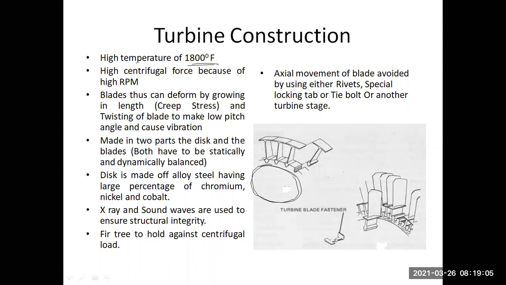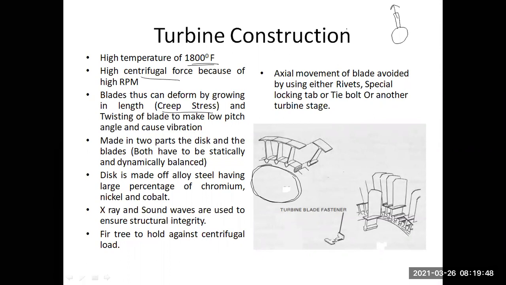Okay, as well as we are also having a very high centrifugal force because the blades are rotating at an RPM of 60,000 for a smaller aircraft, 8,000 for a larger aircraft. So when it is rotating at such a higher speed, there is going to be the centrifugal force acting on the blade, right? That means if I have a blade over here, this is a blade, on this blade there would be a centrifugal force which is trying to push the blade forward. Okay, and the high temperature, both of these together combined is called the creep stress. ये दोनों को जब आप कंबाइन कर देते हैं बेटा, इसको हम लोग क्या बोलते हैं बेटा, क्रिप स्ट्रेस. Because of which the blade will lose its structural integrity, can deform, change the shape, increase the length. These are the problems that are associated with the creep stress.